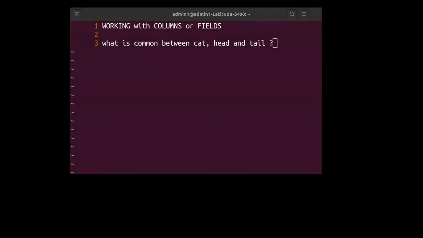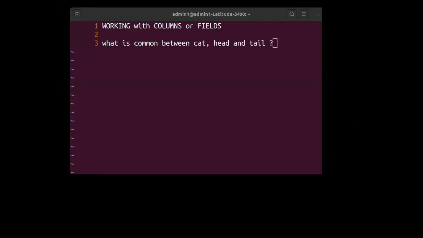Anybody can answer, no issues. Two or three of them have given the answer that it displays the contents of the file. That is okay. Somebody has said it displays the contents of the file on the standard output device. That is also fine, but that is not the answer.